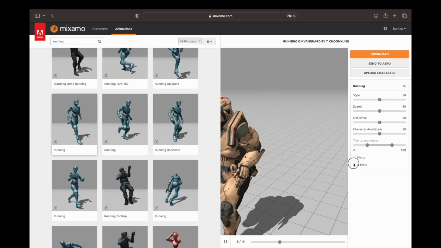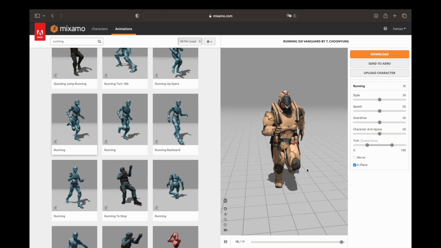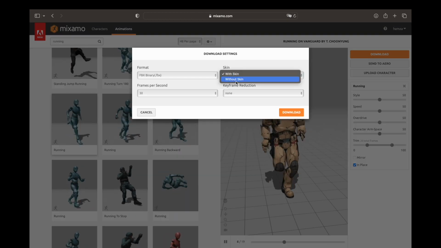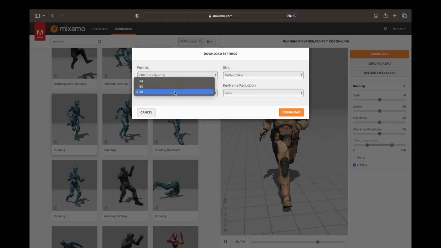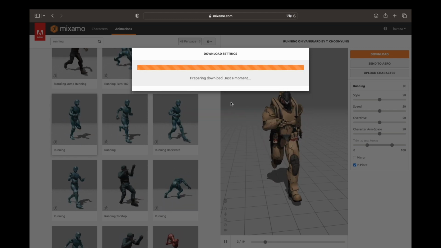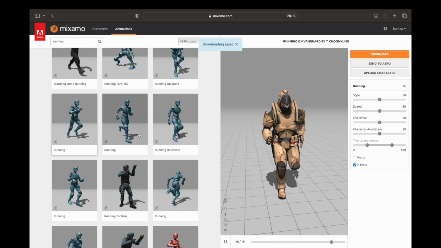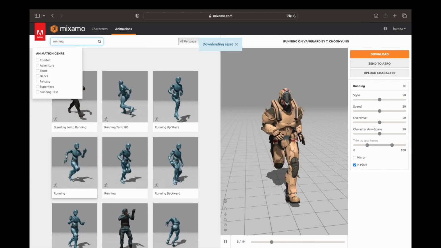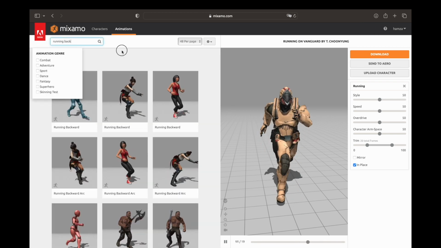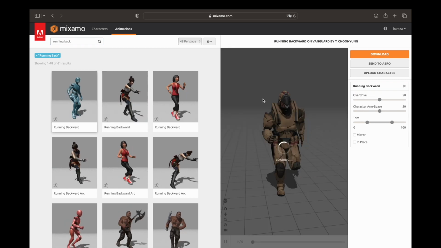So it's running. We've got this really fast running animation. Take this one, download without skin, change the settings again, because whenever you refresh the website it forgets the settings. So please remember to do this, otherwise you will not be having the same files. Maybe, I don't know exactly, but just keep that in mind. So running backwards, you got this running back animation,